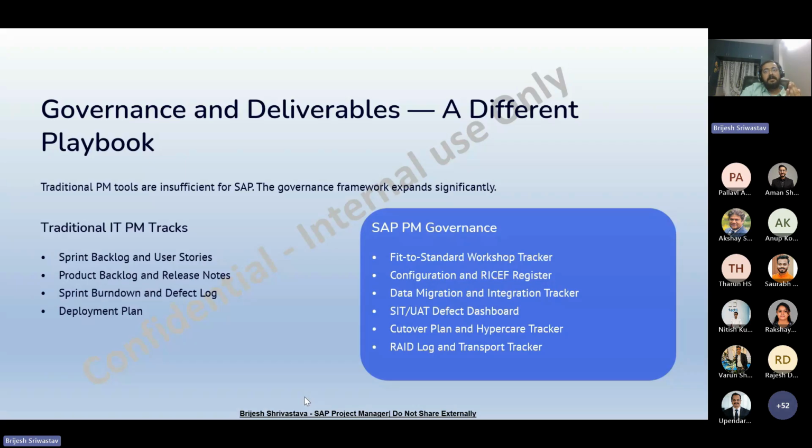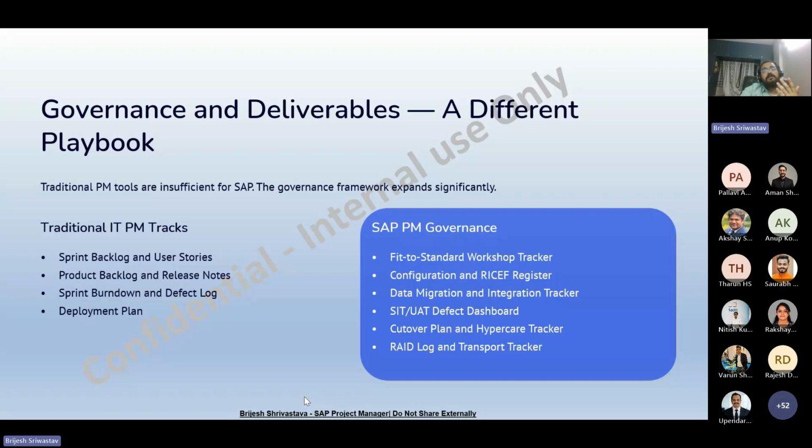But as a SAP project manager, your deliverables go far beyond normal project management documents. For example, you need to plan for a discovery assessment and fit-to-standard workshop. You need to prepare the tracker also. Whatever business discussion we have, you need to capture it and take a decision.